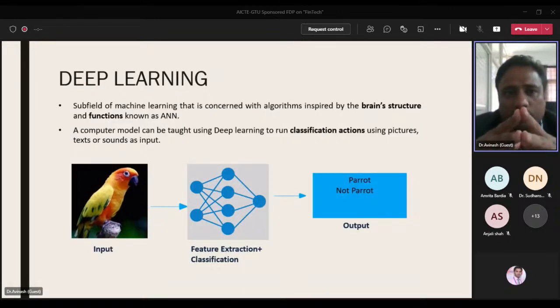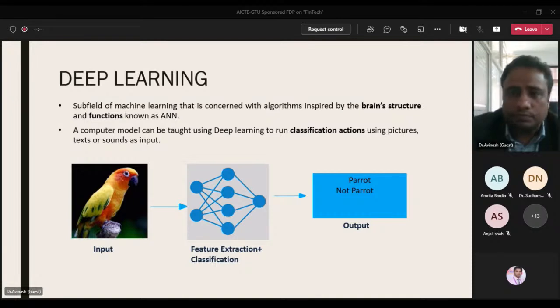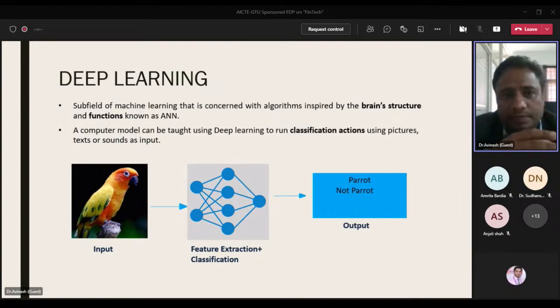Okay, so deep learning is a subfield of machine learning that is concerned with the algorithms inspired by the brain structure and functions, known as the artificial neural network, ANN. So a computer model can be taught using deep learning to run classification actions using pictures, text or sound